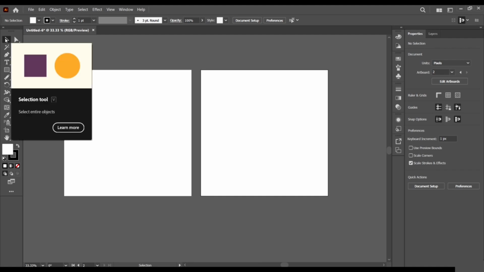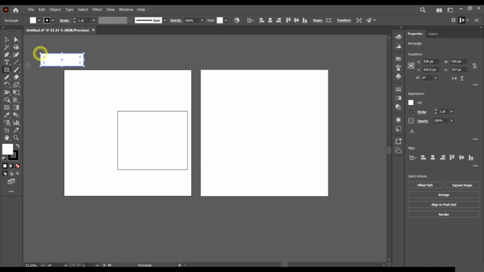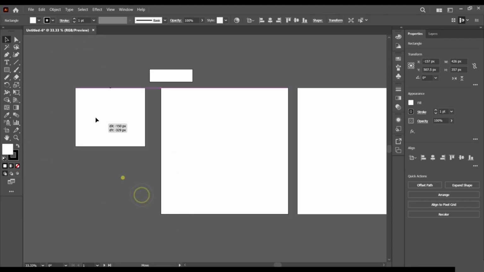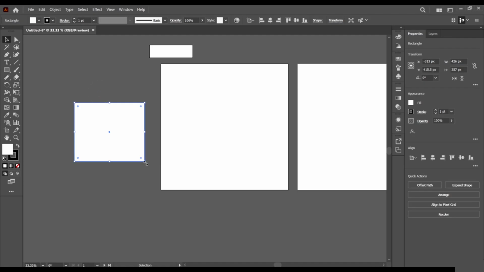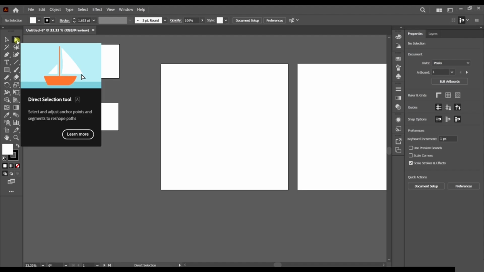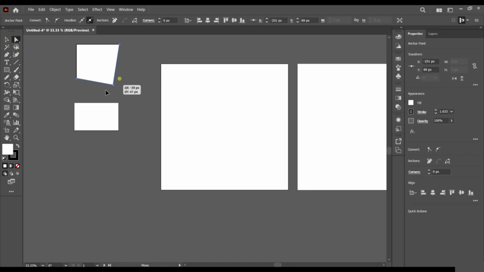Like this, the selection tool, we use it to select our objects and move them around in the work area. We have the direct selection tool, which is used to select points. So you can select the point and you can move the point. We can use the curvature tool icon here and edit the angle or the curviness of the angle. You can use this tool to select the anchor point.